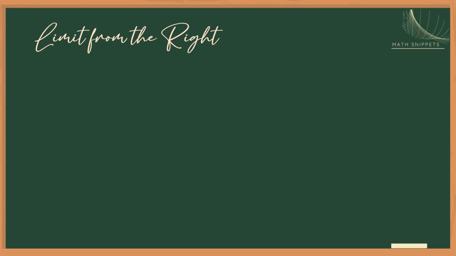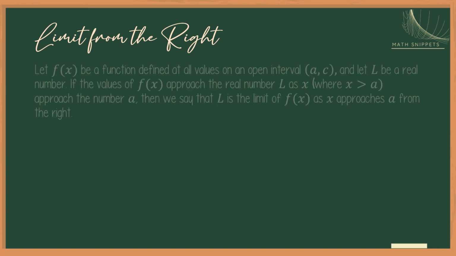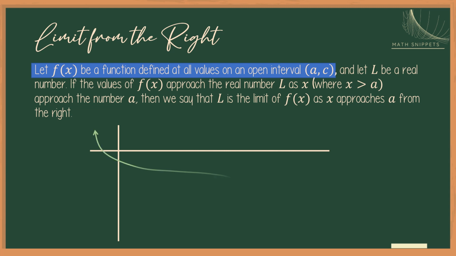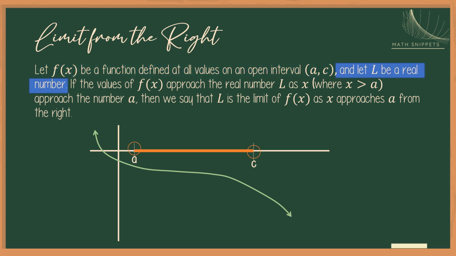On the other hand, the right-hand limit is defined as follows. Let f of x be a function defined at all values in an open interval (a, c). So suppose we have the graph of f of x, and suppose we have point a here and point c here. If you notice, on the interval, a is the left endpoint and c is the right endpoint. Now, let L be a real number. Let's locate L on the